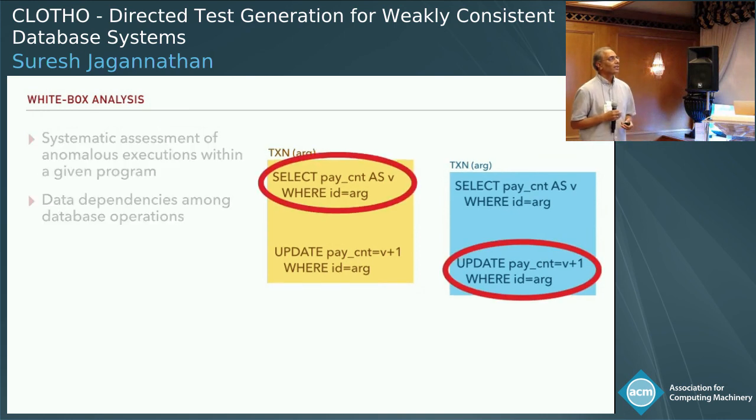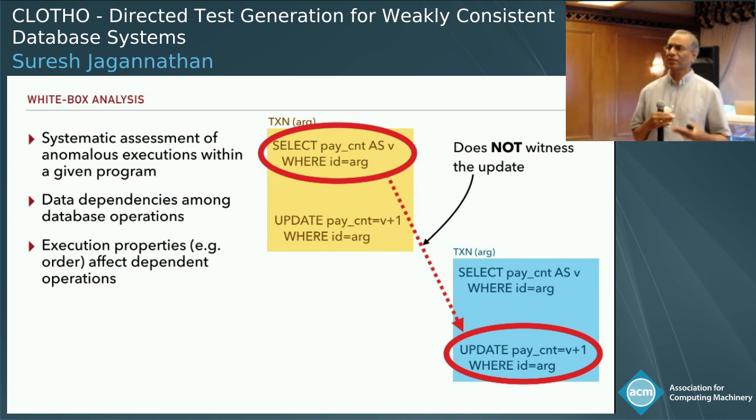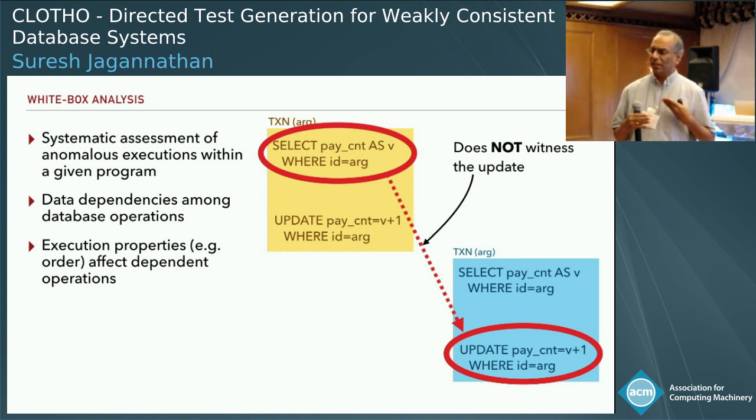So the idea here is that we're going to track symbolic dependencies between reads and writes and different kinds of events that happen within databases for an arbitrary number of transactions. And we're going to represent these dependencies symbolically. And we're going to try to trigger serializability violations by essentially trying to construct a cyclic dependency.